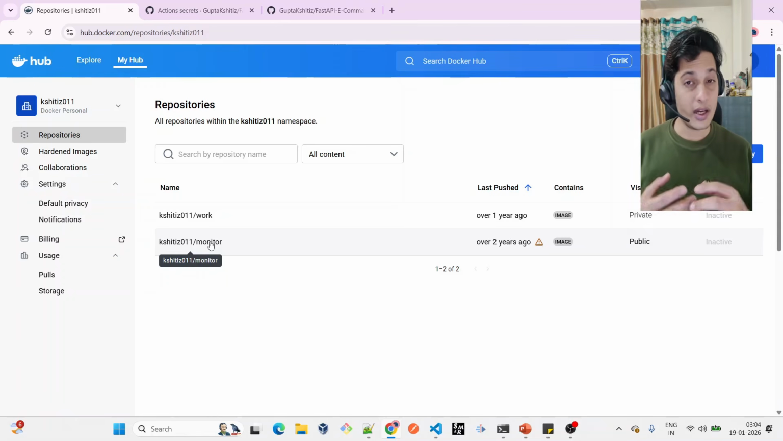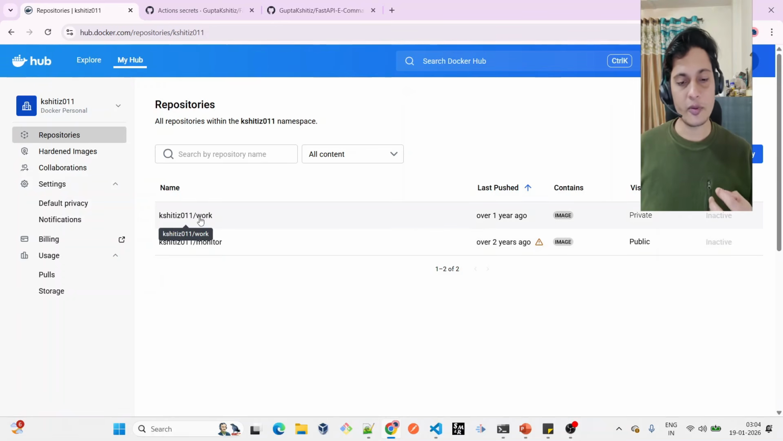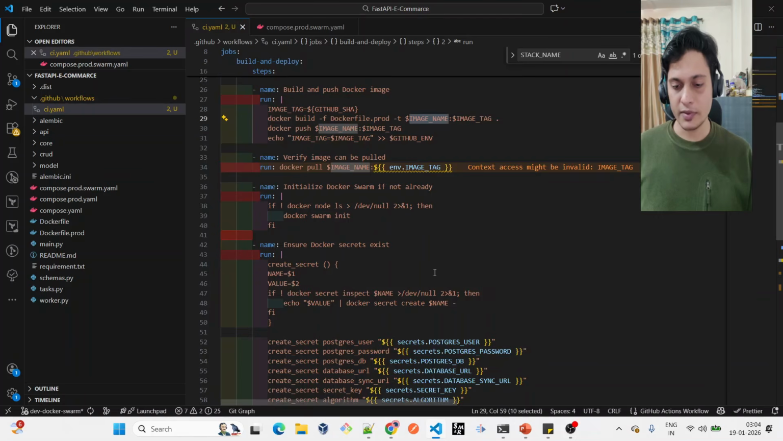Although we have created everything for the public, until you have verified all the things, you should not make it public. So it is better to first put it into the private repository and then make it public. So I want my Docker image to be pushed here. And again, this Docker Hub